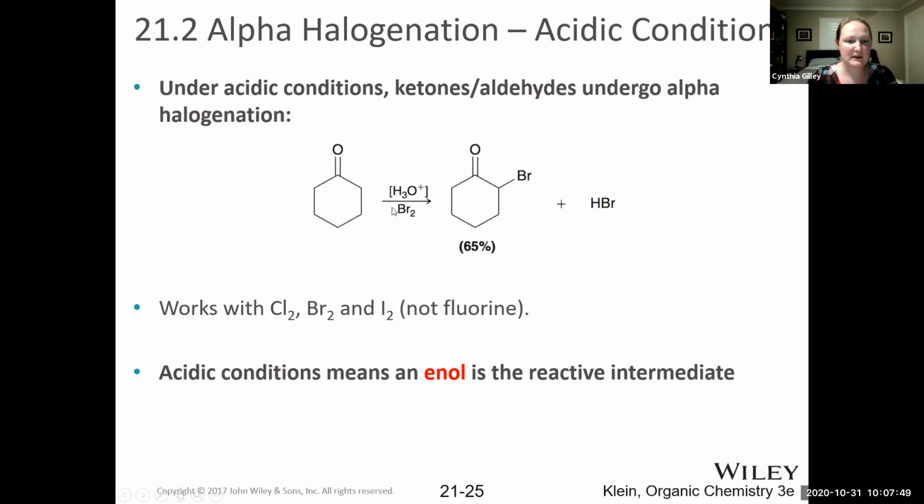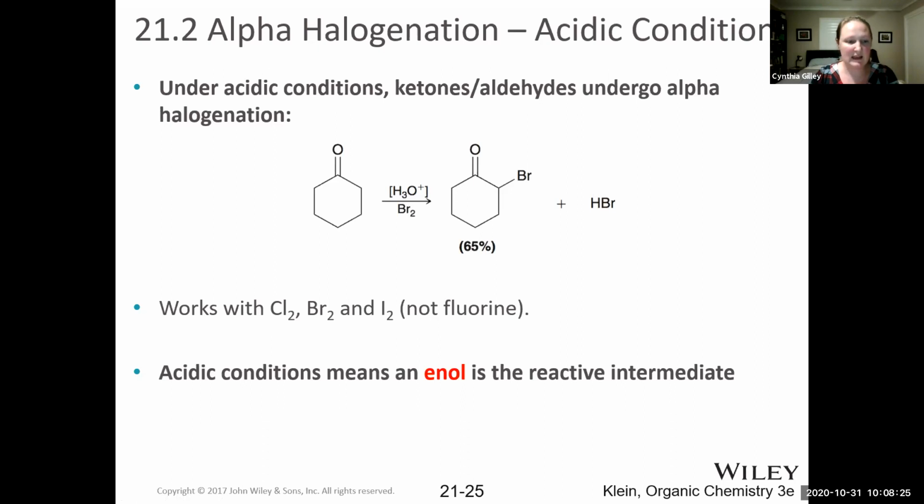Back in the first semester of this course, we saw bromine react with alkenes to form anti-dibrominated products. So in this case, bromine will act as an electrophile, and the nucleophilic alpha carbon will attack it and we will end up with an alpha bromo ketone. This works also with chlorine and iodine, but fluorine is not a polarizable enough electrophile, and the reaction does not work well